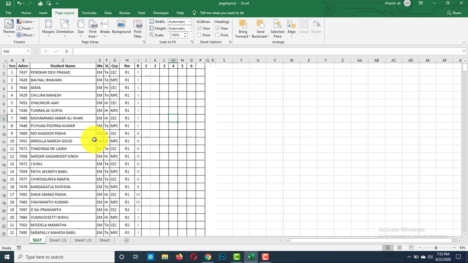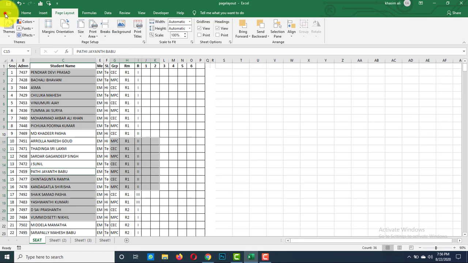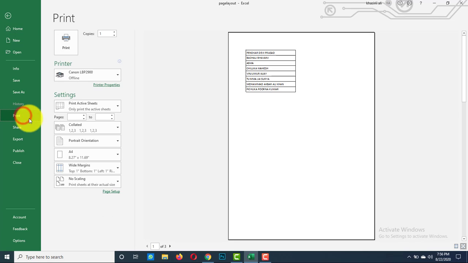Now I will show one more thing. A worksheet can have multiple print areas also, and each print area will print as a separate page. For example, I want to print this area in one page. Now I am going to select some more areas by holding down the control key. Here I have selected 3 different areas. Now I am going to set the print area. Now see, it is printing in 3 different pages.